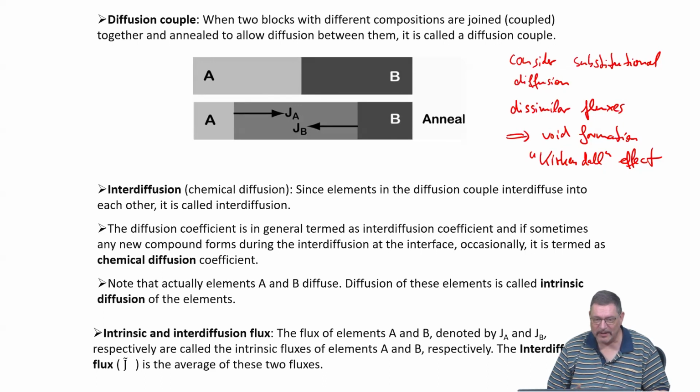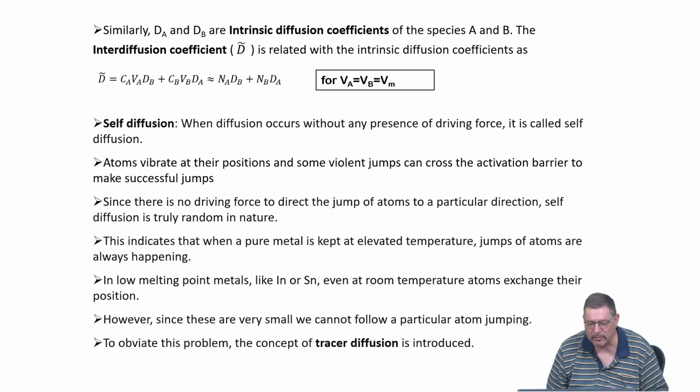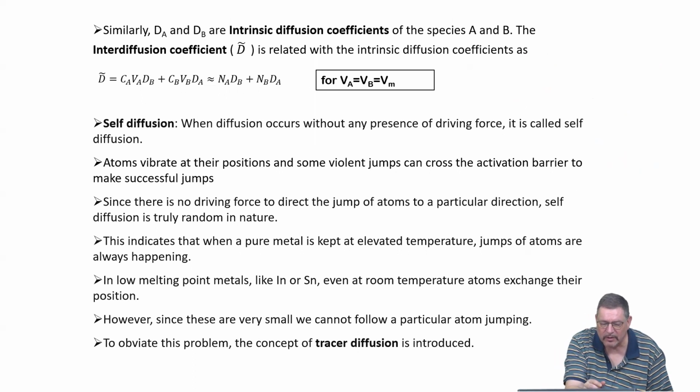So I know it's many terms, and it's often due to historic development that people have been using it. I don't think it's very consistent, but that's the way it is. So the interdiffusion flux is just the average of the two intrinsic diffusion fluxes. Then obviously the diffusion coefficients are also having these names, and the interdiffusion coefficient can be easily calculated based on